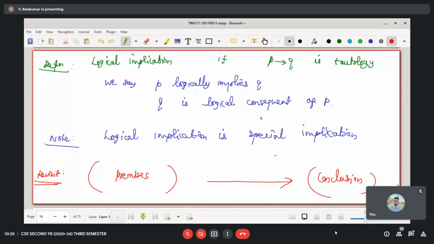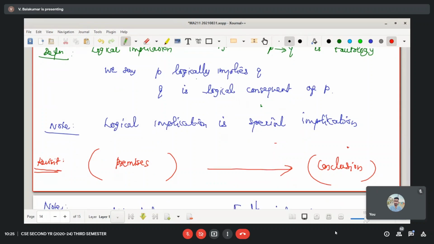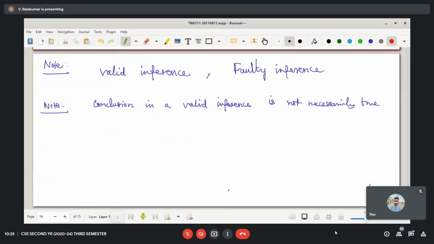Let us look at an example. So here we are not worrying about the conclusion. Conclusion in a valid inference is not necessarily true. Just one example we shall look at. If CSE HOD, I'm writing on my own, CSE HOD uses Google Meet.